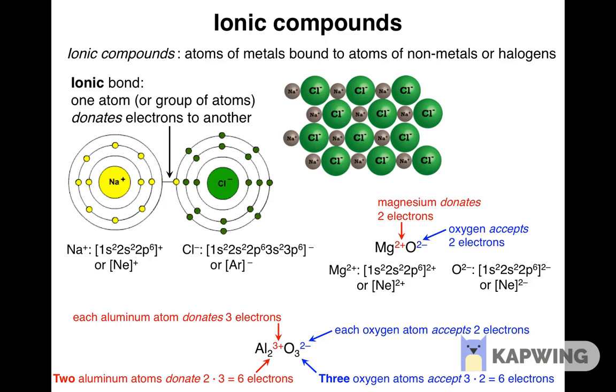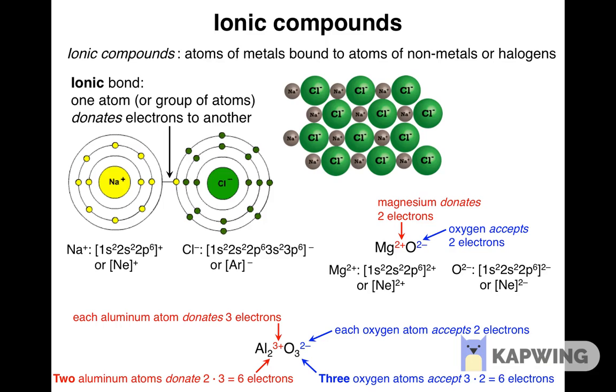In order to distribute all electrons that are donated by aluminum atoms among oxygen atoms, we need 1.5 times as many oxygen atoms as we have aluminum atoms. That is why in aluminum oxide, the ratio of the number of oxygen atoms to the number of aluminum atoms is 3:2. A basic unit of aluminum oxide consists of 2 aluminum atoms that donate 3 electrons each for a